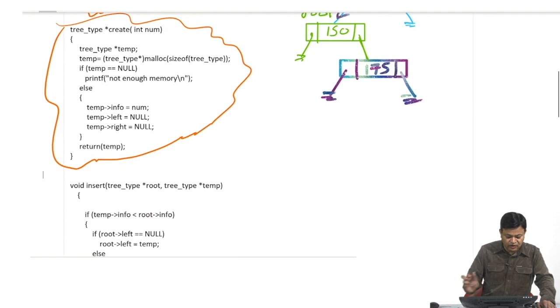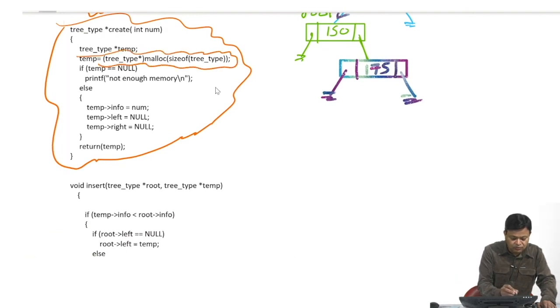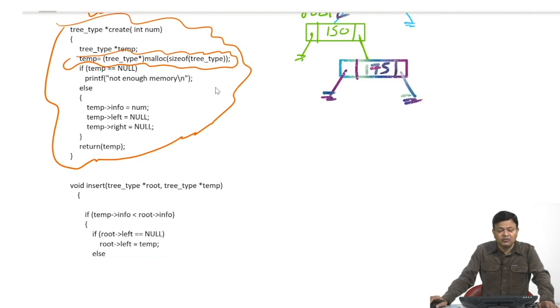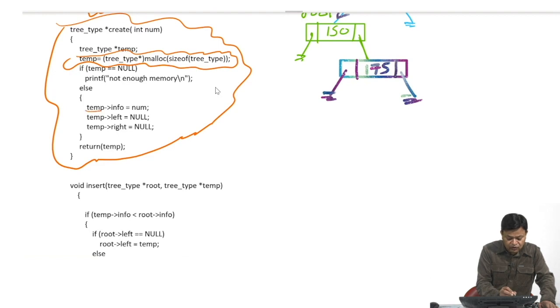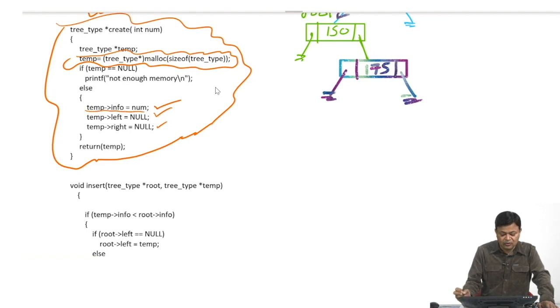The create function will allocate memory for a node, and it will return its address to a pointer temp. Then in the info field of that node, we will store our number, and left and right fields will become equal to null. So, this will be the effect of our create function.